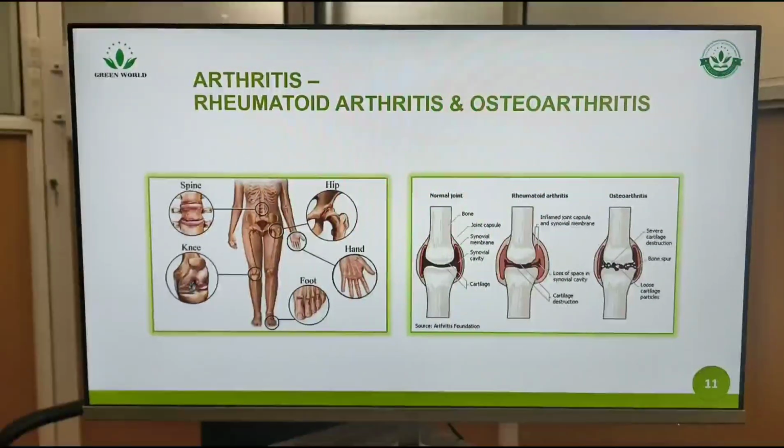Now when you talk about bone and joint, the signal always comes in form of pain, of which this pain can come from the back, can come from the neck, can come from the hip. That's why they always complain of back pain or neck pain, that is the shoulder pain. The hip joint pain. They can also have a complaint of knee pain, sometimes pain within the feet. Then you also have rheumatoid arthritis or osteoarthritis, the most common forms of arthritis, which have similar symptoms and different